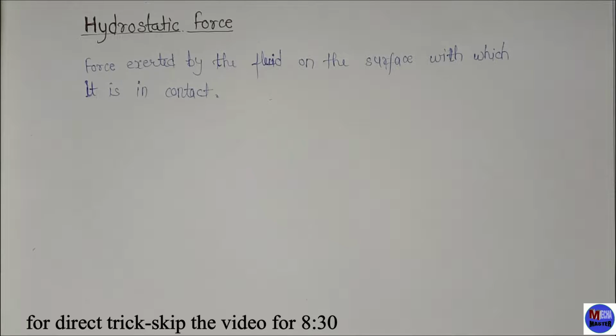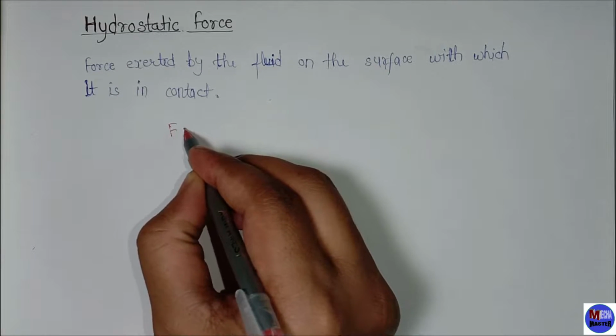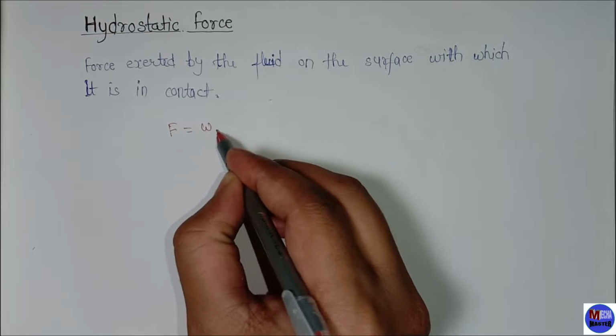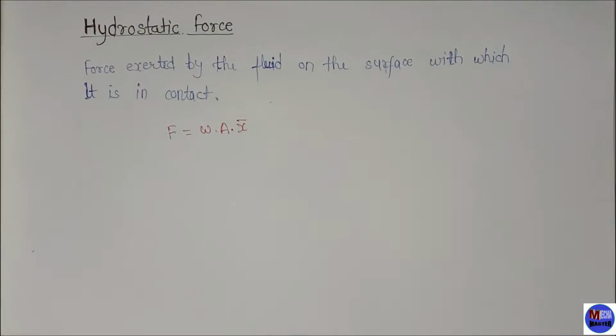In this video, I will tell you a trick how you can easily find the center of pressure. First of all, we have to know what is hydrostatic force. So the definition of hydrostatic force is the force exerted by the fluid on the surface with which it is in contact. The formula for hydrostatic force is F is equals to omega into A into x bar, where omega